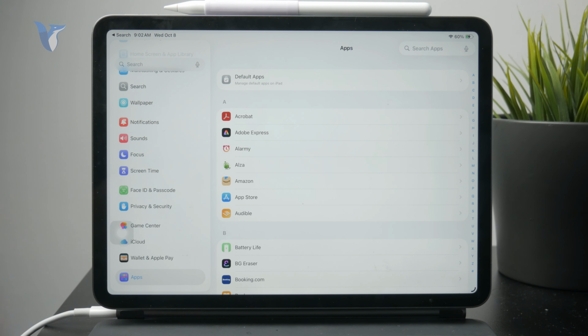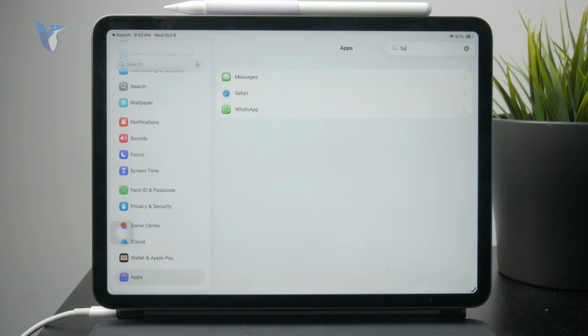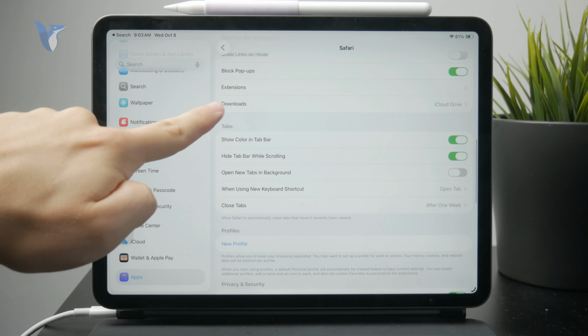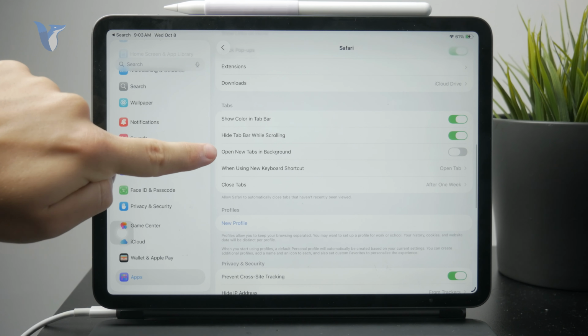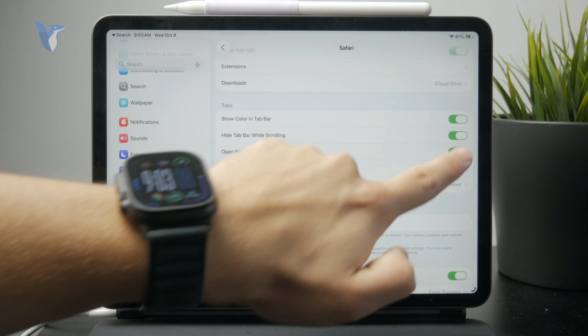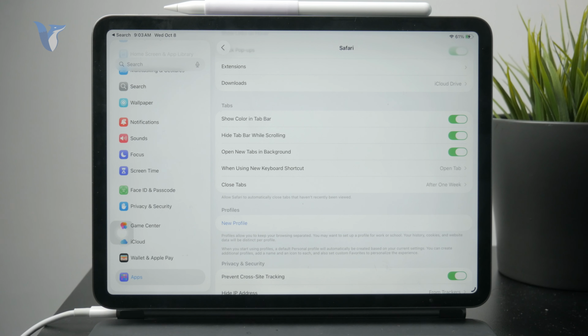Now, once you are inside in here, you can see plenty of different things, but when you scroll down and find the tabs section, you can see something in particular which says open new tab in a background, right? So you can see you might have it turned on or off,